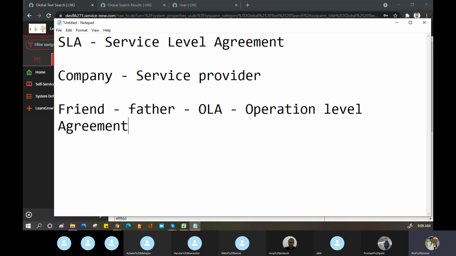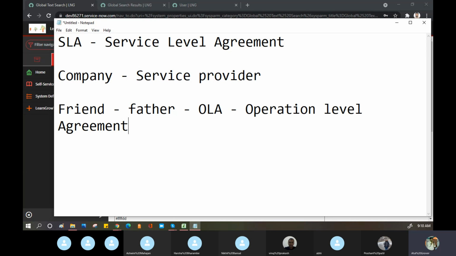in the same organization between different groups. Let's take an example for today or tomorrow. I'll say, okay guys, I don't know scripting. Let me introduce my friend who will do the scripting session for you. Between me and him there's an agreement: 2 hours, that's fine, and you should complete the scripting part. He agrees on that. So that is the OLA which we discuss and agree between us.